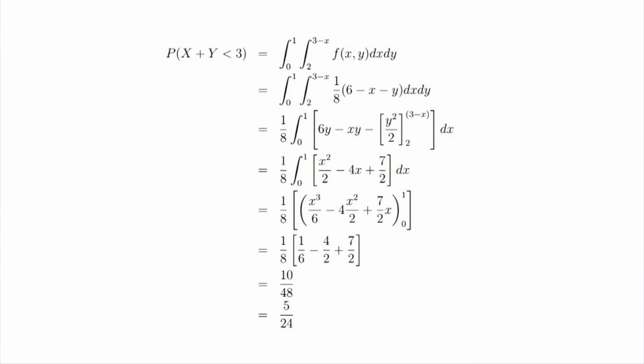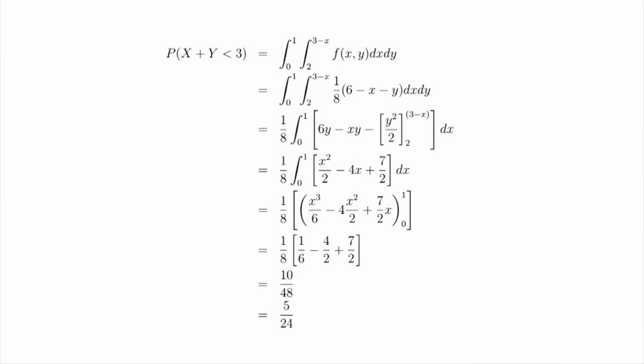Then, probability of x plus y less than 3 is equal to integral over x is equal to 0 to 1, integral over y is equal to 2 to 3 minus x f of x comma y dx dy, which is equal to integral over x is equal to 0 to 1, integral over y is equal to 2 to 3 minus x 1 by 8 into 6 minus x minus y dx dy, which is equal to 1 by